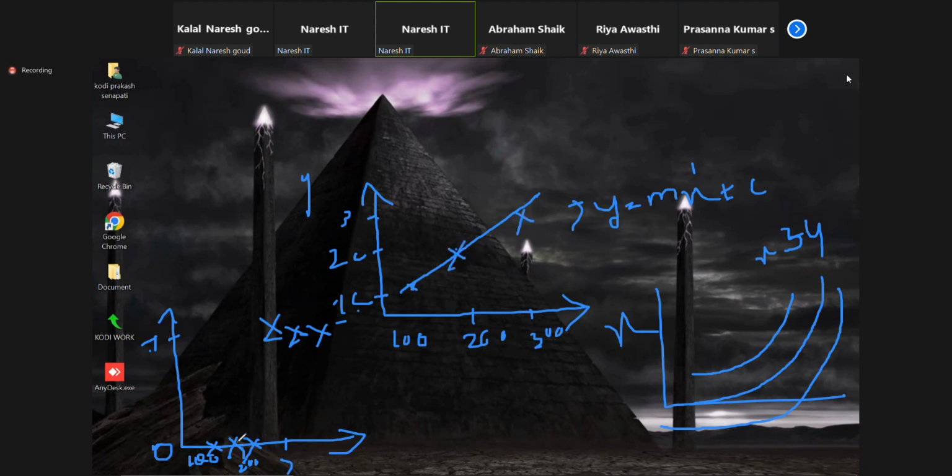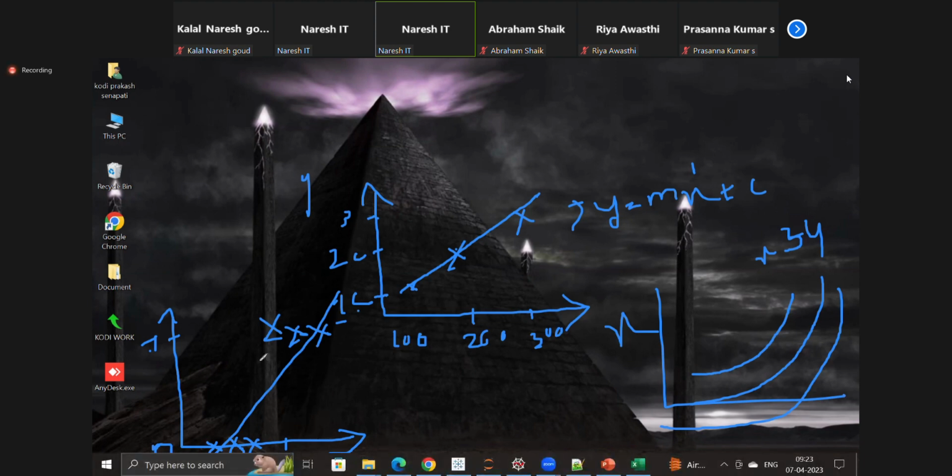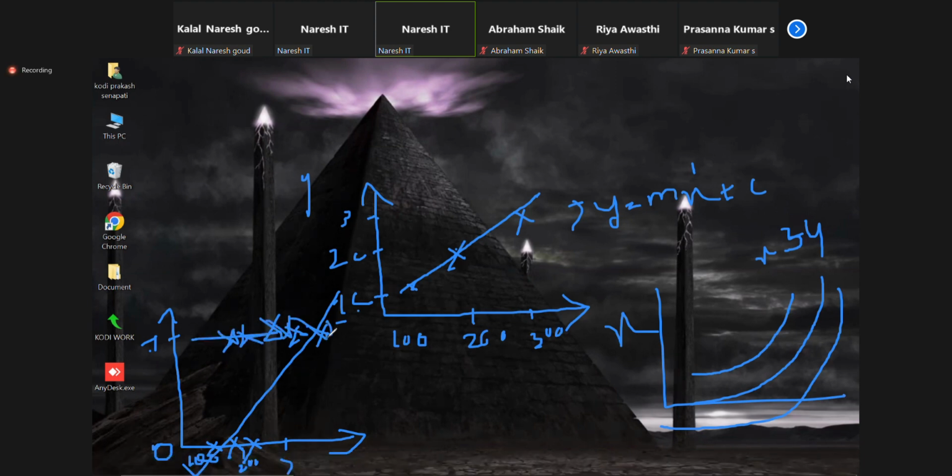But here the data is plotted only here, isn't it? Team, you understand what I'm trying to say? Look at the plotting of the data points. In classification, the points are plotted only at the ones part, because the dependent variable is binary. Binary means 0 or 1. So 0 means all the data points are plotted at 0. 1 means all the data points are plotted at 1. Do you understand or not?